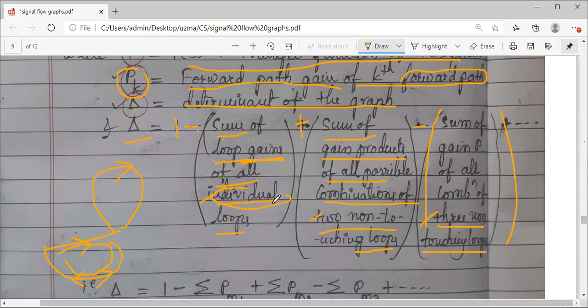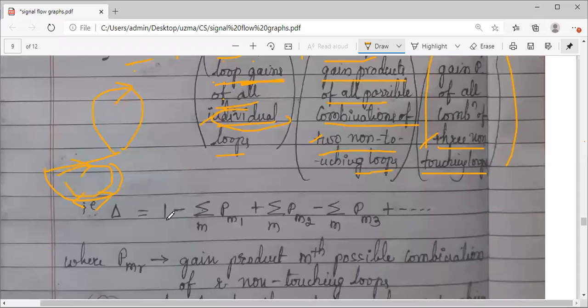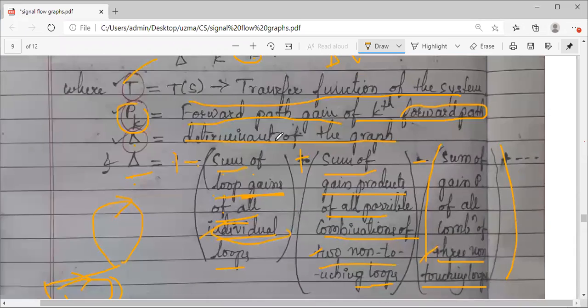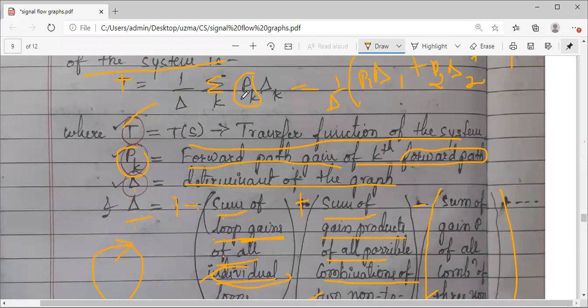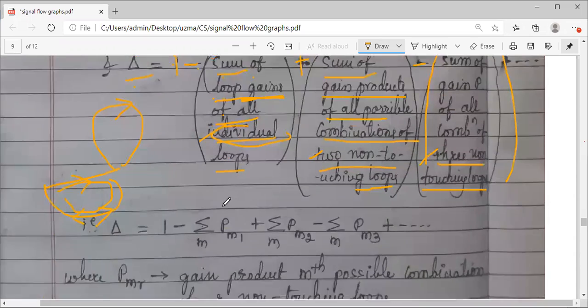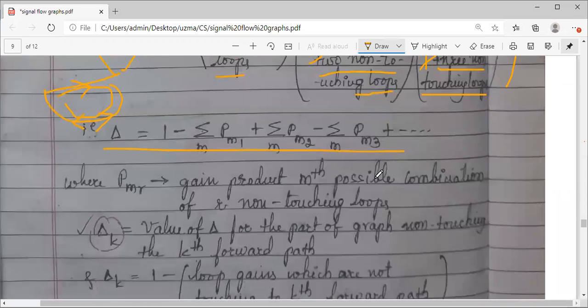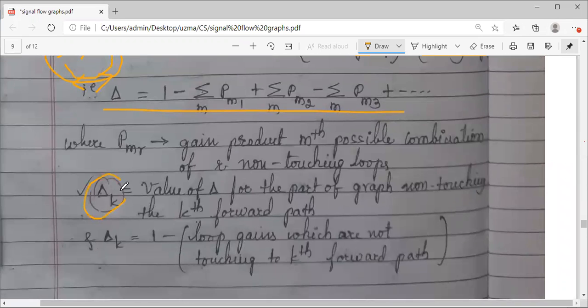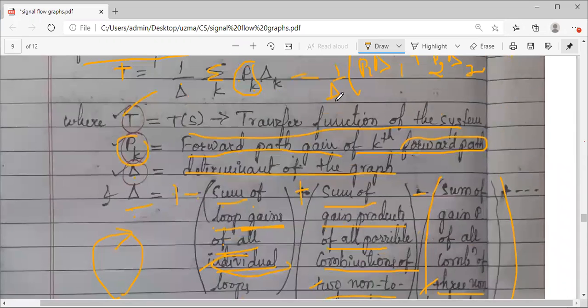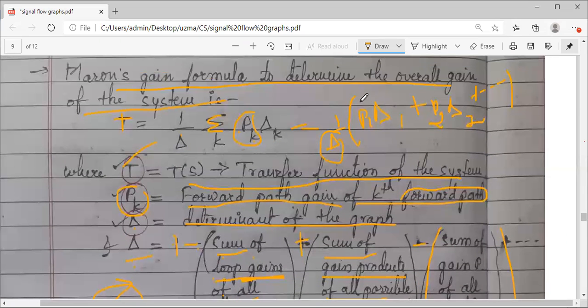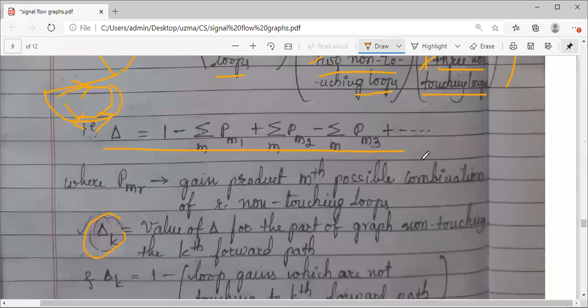When we solve the problems, you will understand the actual meaning of these formulae and how we apply them. And T is equal to, I have just expanded this summation of Pk and delta K. No need to even use it. Fine, this is okay. Then what is this delta K? I have explained this delta and I have explained P1, P2, P3. So what are these delta values? You should know that also in the formula.